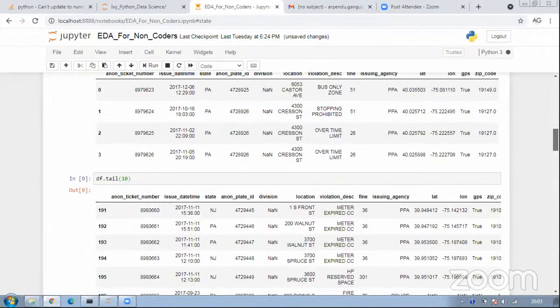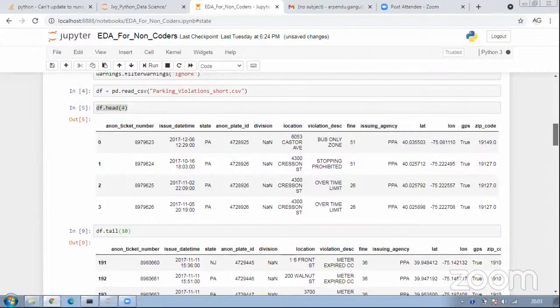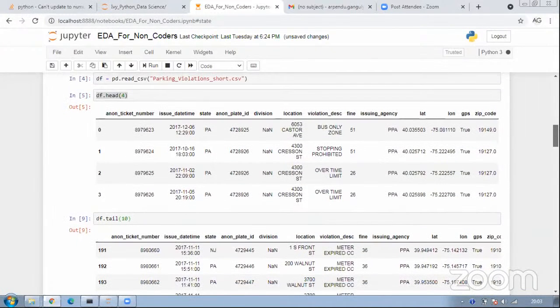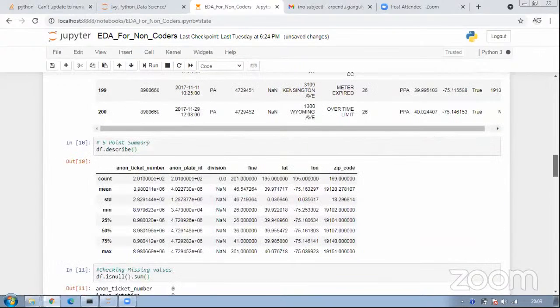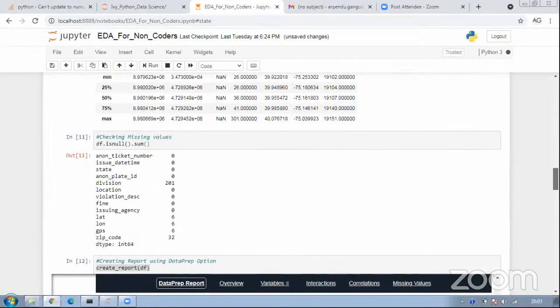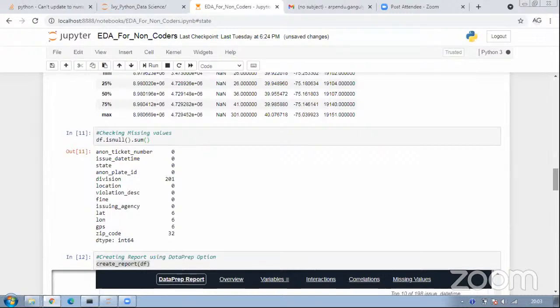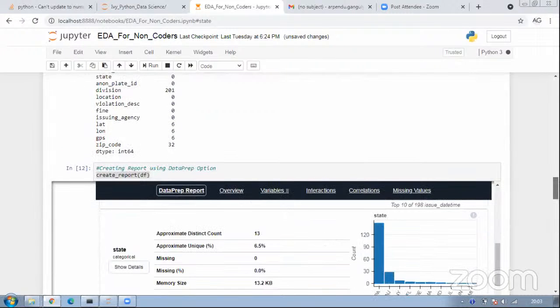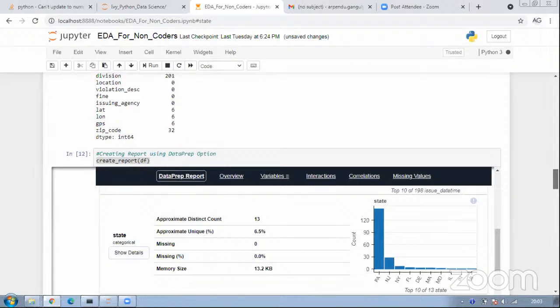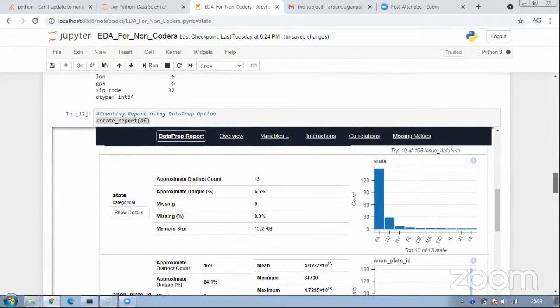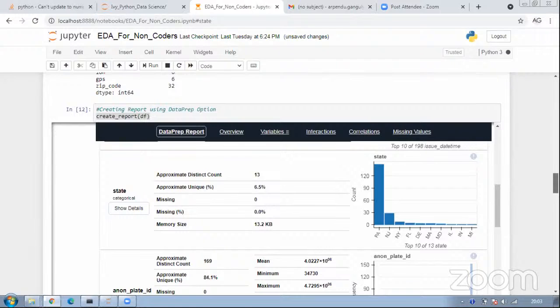We also talked about a few of the basic codes, for example describe or isnull.sum, which are the basic codes. But then we went on to the interactive visuals, like using create report, part of the DataPrep package, which gives us a lot of functionality for seeing the data from different angles.